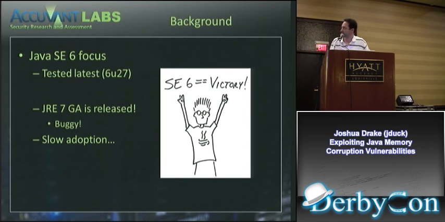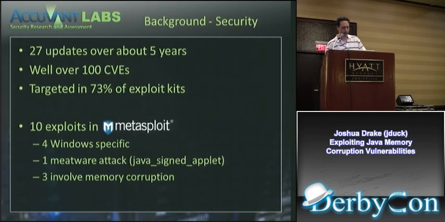So 6 is all I really covered, even though 7's out. 7 was released, for those of you who don't know, with a major issue where it optimized loops when it was doing JIT compiling, which actually completely failed and caused it to crash anytime it optimized the loop. So they recommend you can use it just as long as your program doesn't have any loops in it. Yeah. So that's part of why I'm not covering it. Also, the adoption isn't really going to happen anytime soon. It's not being offered as an update because it's broken. But it does have all the ASLR and stuff, so great.